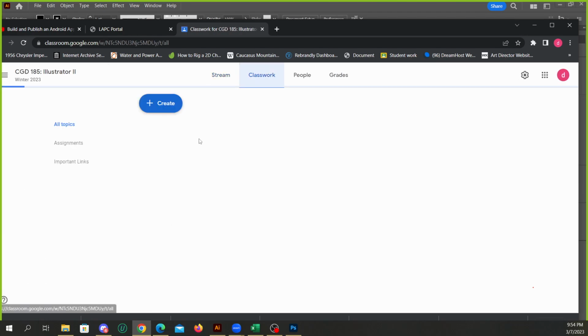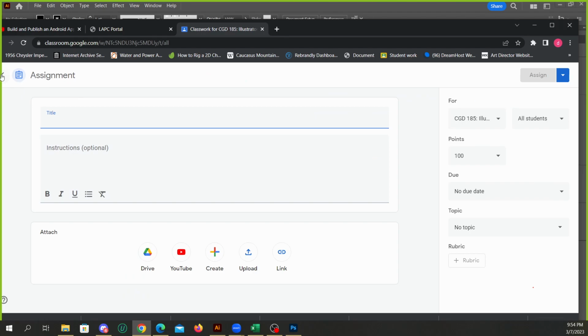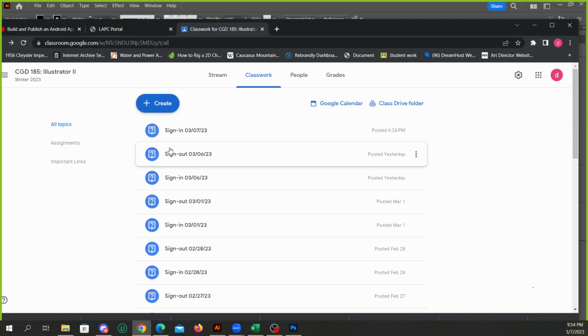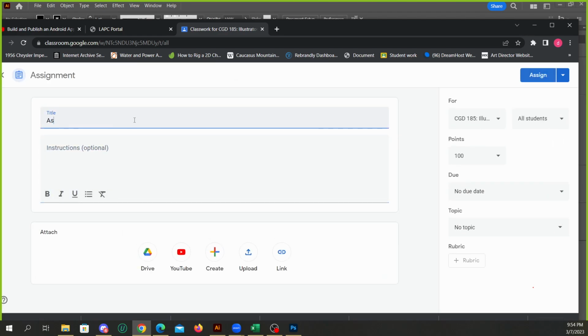For Illustrator 2, last assignment was also a mandala, but your assignment 5, again, final assignment. Either isometric drawing or black and white portrait or animal. Okay, so